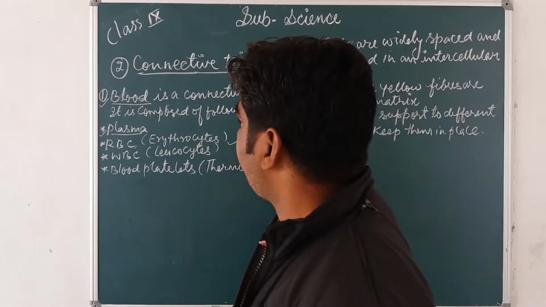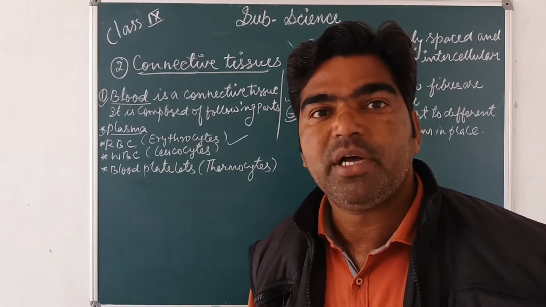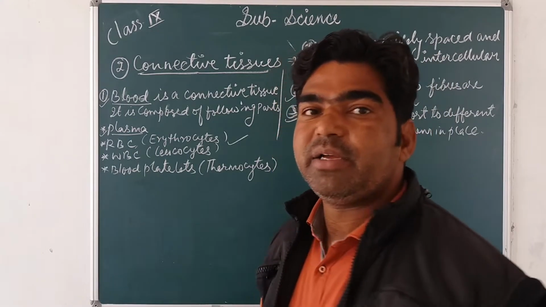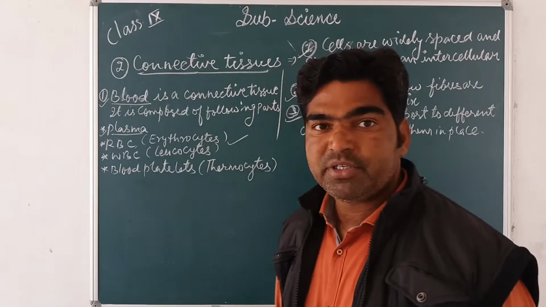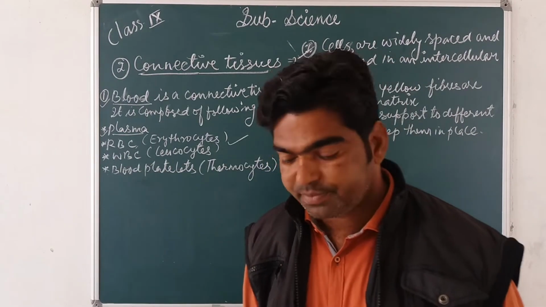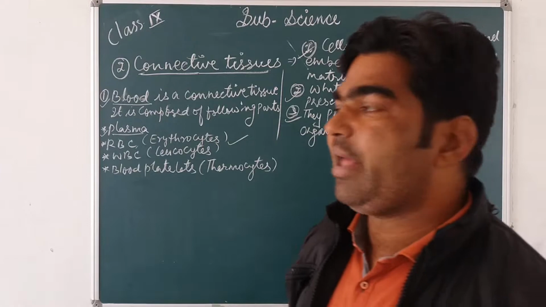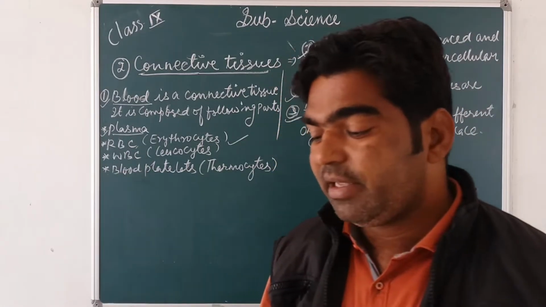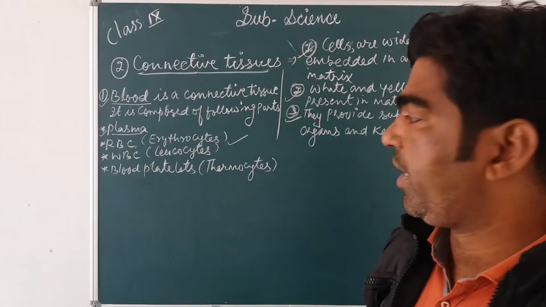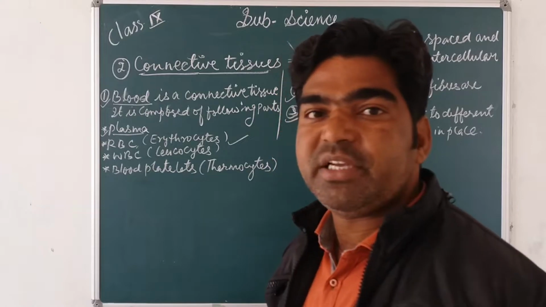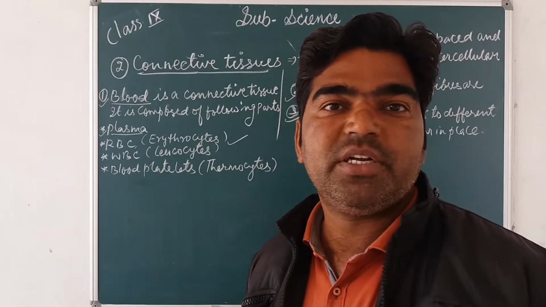It is also known as erythrocyte. This RBC is responsible for the color of blood, and it helps in the transportation of oxygen in our body. They are large in number, having hemoglobin containing iron, which acts as an oxygen carrier. So what is the main function of RBC? It helps in carrying oxygen to the whole body.